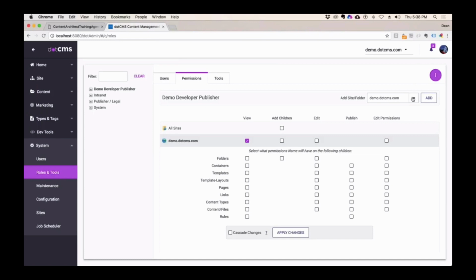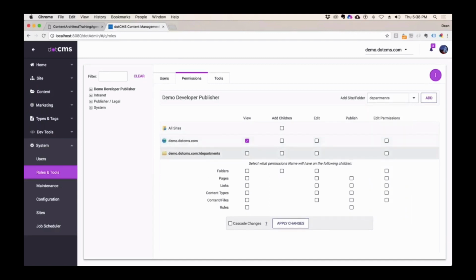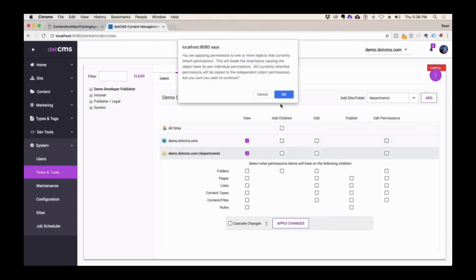We're done. The next thing we said that we were going to do is the parent folder. And what did we say was the parent folder? That was this departments folder, right? Click add on the departments folder. Once again, view. Now, why do we have to do that? Now, it does say